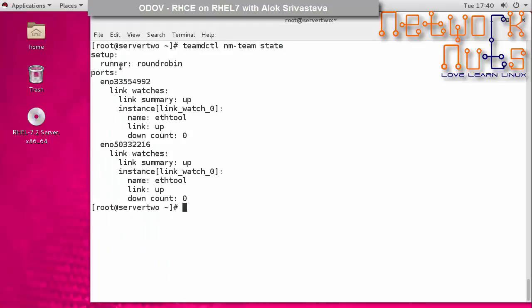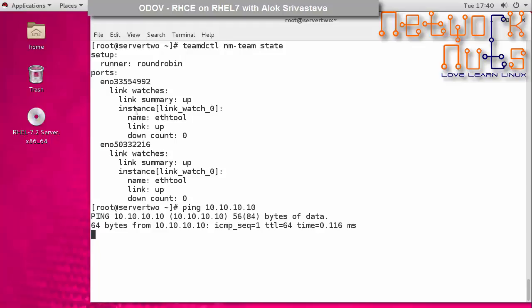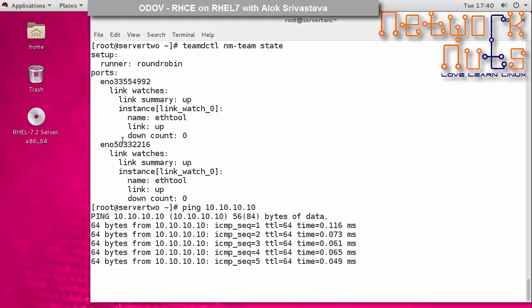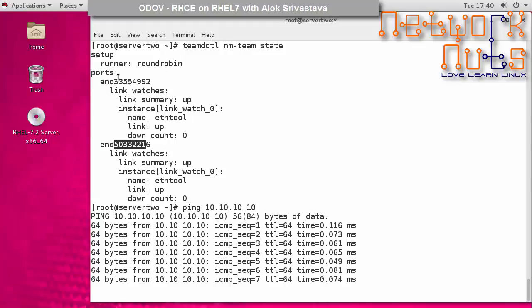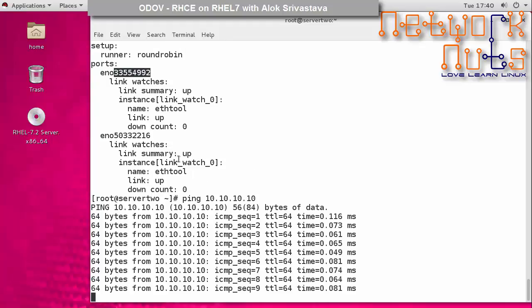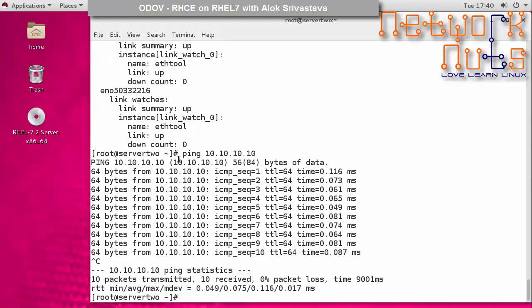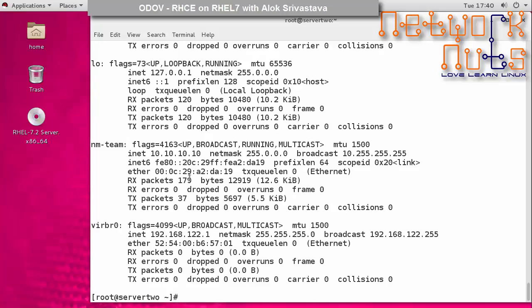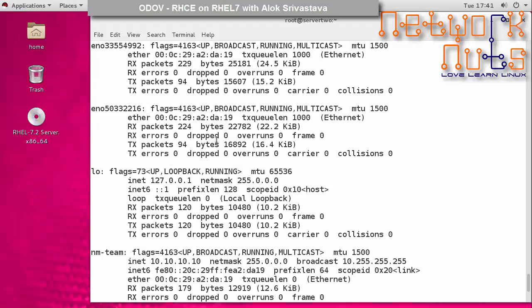State. See here. By default it is round robin, as I hadn't specified any runner. So by default it will take round robin. That means if I do a ping of 10.10.10.10, the pings will be round robin: one time it will be going to this interface, other time it will be going to this interface. I press Control C here, and if I give an ifconfig here, you might see here